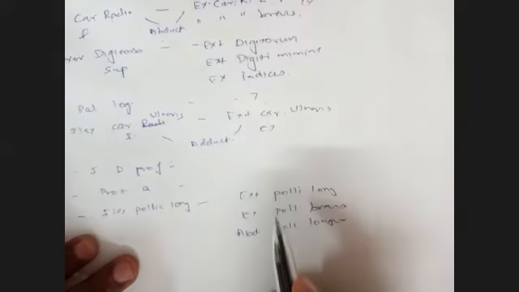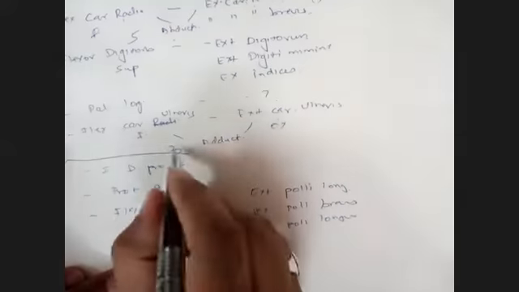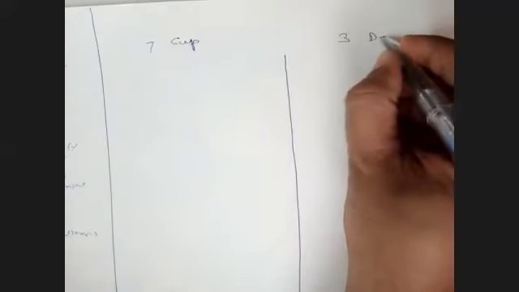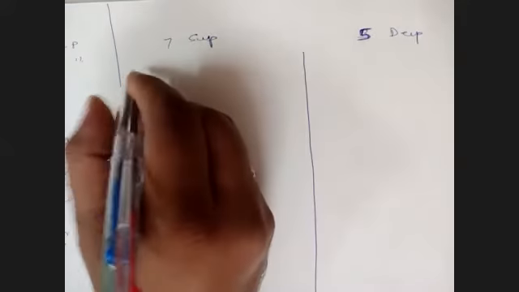And all these muscles, like here we had 5 superficial and 3 deep, right? All these muscles are also organized in the extensor compartment as 7 superficial muscles and 5 deep muscles. Okay. So what are the 7 superficial muscles? Let's see. 1,